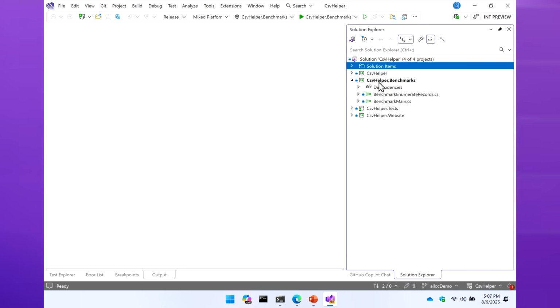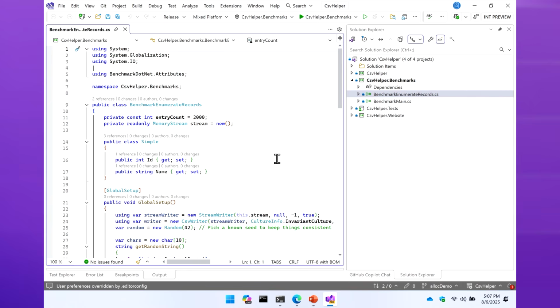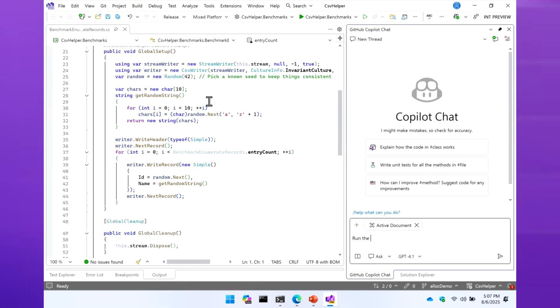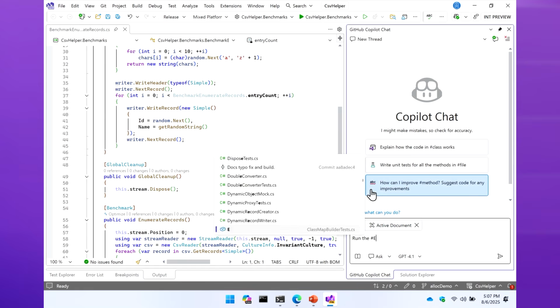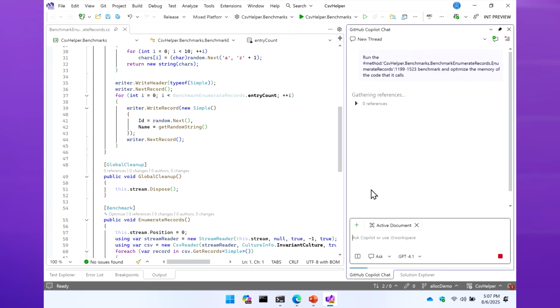And if you look in this project, there is the CSV helper benchmarks, and actually those were written by yours truly for my last talk that I gave, where I did a performance improvement, and I want to show how with the new Profiler Copilot agent, you can do that today. And so in GitHub Copilot, I can talk to the profiler. In this case, I can also just say, run the hashtag enumerate records benchmark and optimize the memory of the code that it calls. And with any luck,